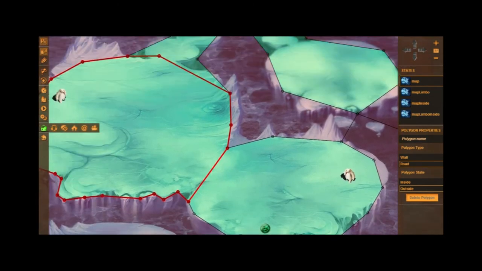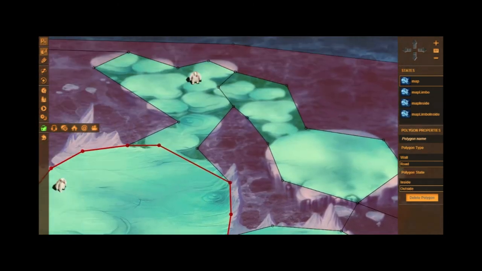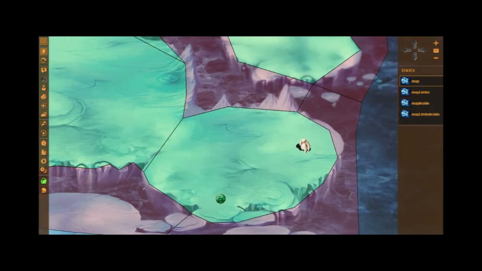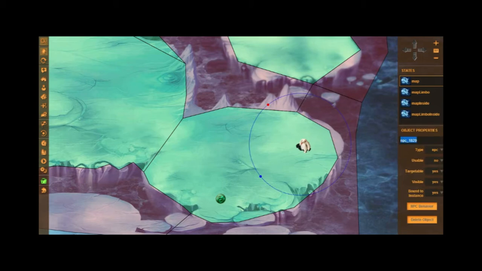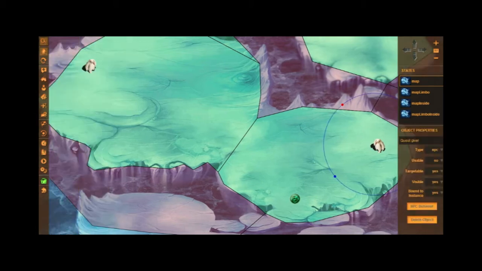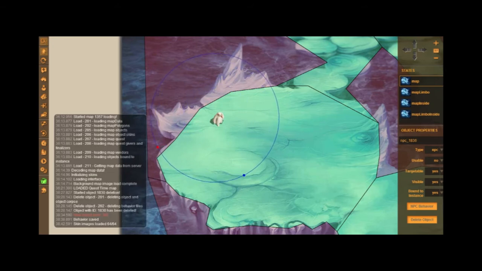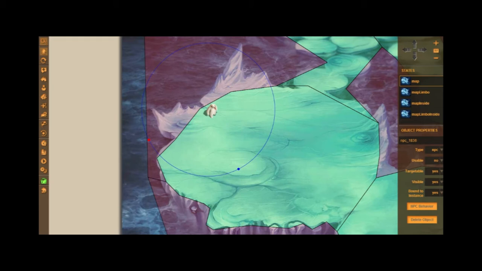And once you've created a small map like this, you're going to need to place 3 NPCs. The first one that I've placed over here, I'm going to switch to object mode. This first one that I've placed over here is a polar bear, which I'm going to call Quest Giver. Now this guy is going to give all the missions for the player. First mission is going to be to find this guy. So I'm going to increase this guy's aura considerably. And the reason for that is because I want the player to accomplish the quest by simply getting near to this object. I'm gonna name this guy Find Me,